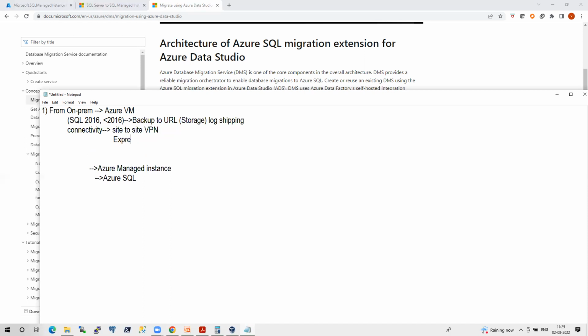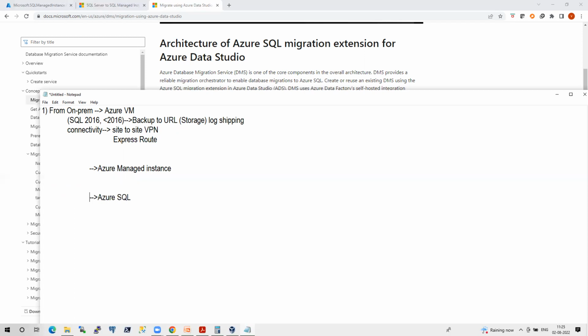These are the two things that will work in real time. My question is, we don't have connectivity from on-prem to Azure. So in such case, will it be possible for us to migrate the database from on-prem to Azure VM? Would it be possible? No, without connectivity, how will we migrate? Right? We need to establish some connection, definitely, that's what we think.